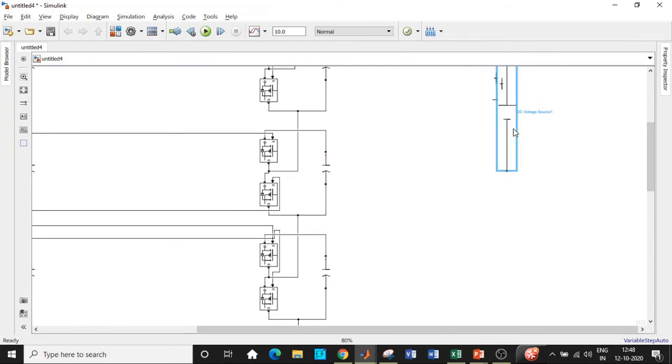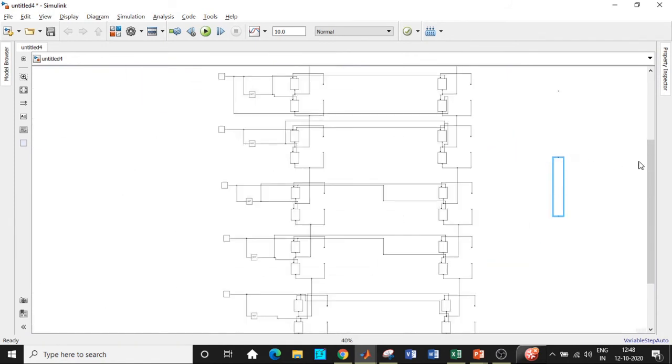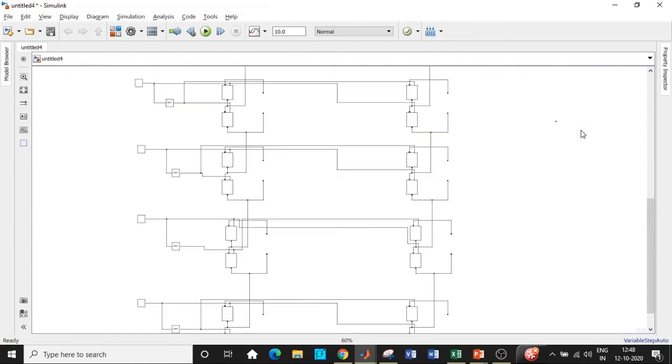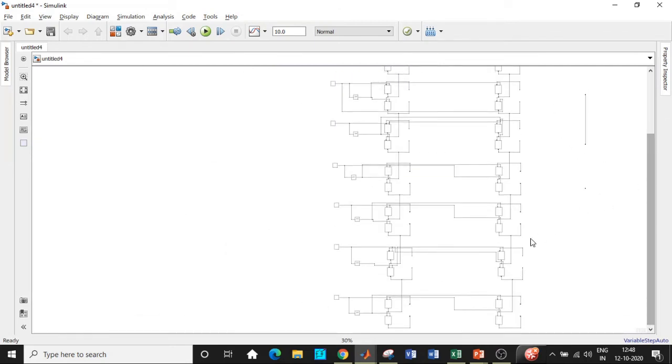So we'll be requiring another DC voltage source. So connect it at this point, scroll a little down. So I'll be connecting it between these two DC sources. So take the tapping and connect it between these 2 points. Again, where should the other one go? So we've started from this point, upper bridge, first half bridge of the upper leg. So with respect to the last bridge that is there with respect to lower leg, we'll be connecting.